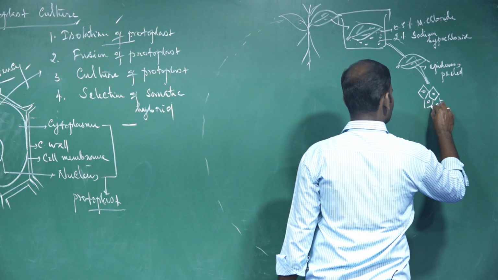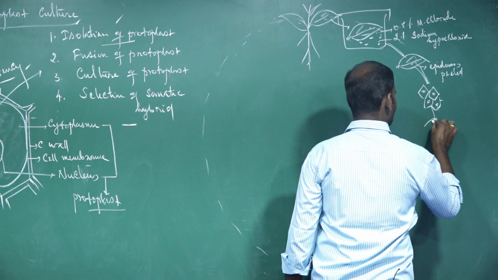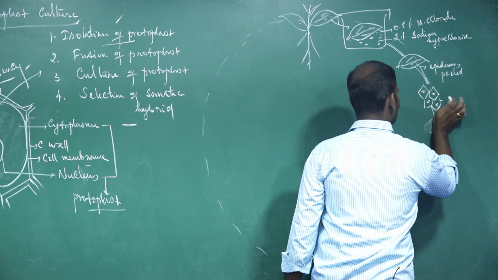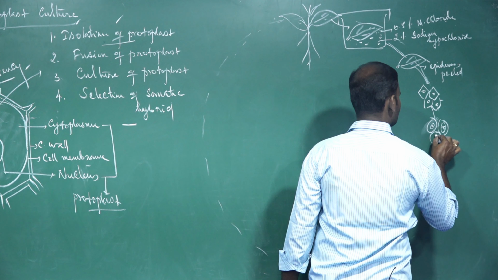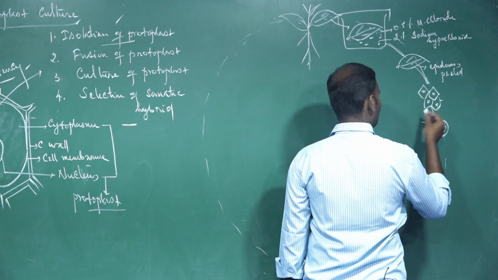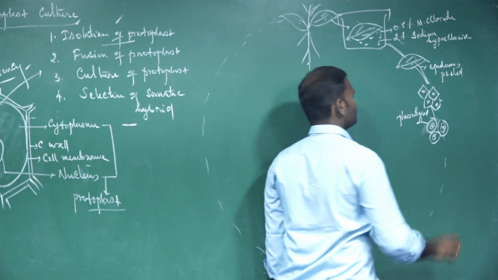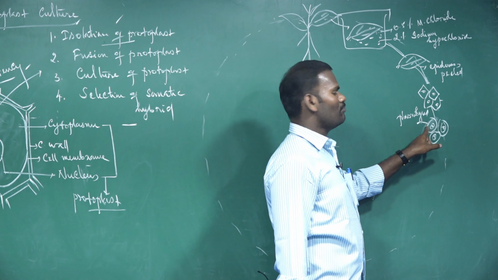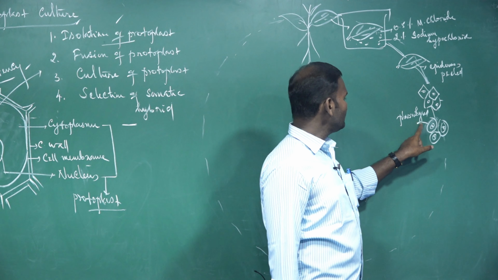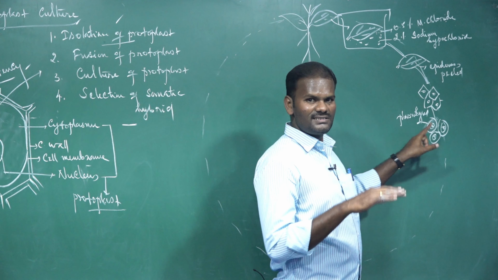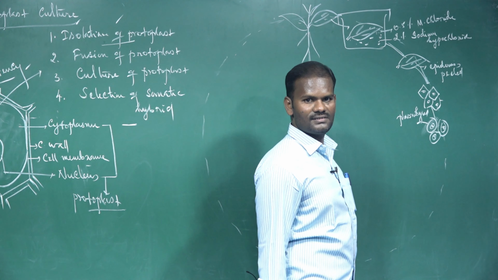Now in these peeled leaf segments, the cells are plasmolyzed. I mean, they are kept within hypotonic solutions to prevent damage. So the peeled leaf segments are placed under a hypotonic solution, for example, pure solvent, to retain the turgidity of the cells and to retain the shape of the protoplast. That is why they are treated with the hypotonic solution. Such cells are called plasmolyzed cells.